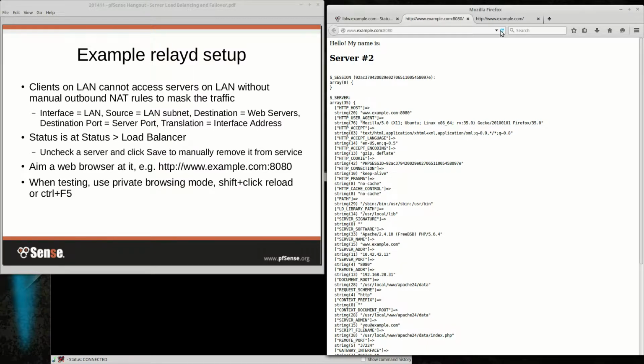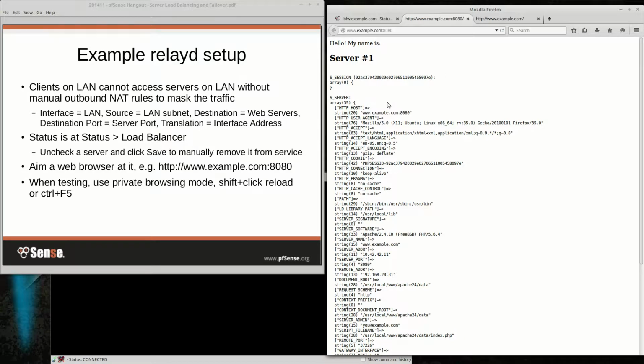So every time I hold shift and reload, I'm getting a different server. Obviously the cookie stays the same because it's coming from the client, going to what it believes is the same web server. So you got server 3 again. If I hold shift and reload, bam, I'm back to server number 1, and off we go.